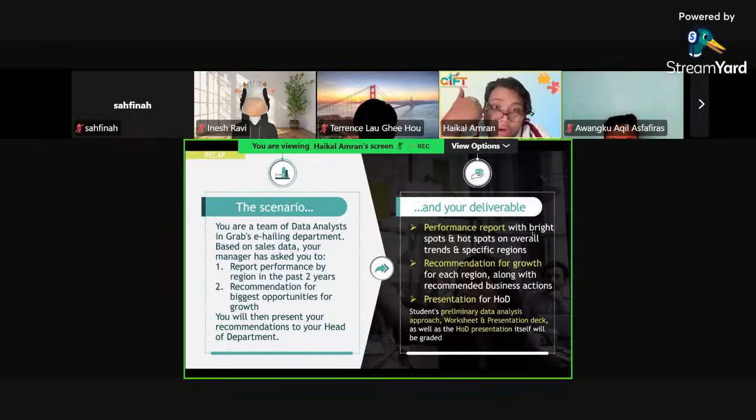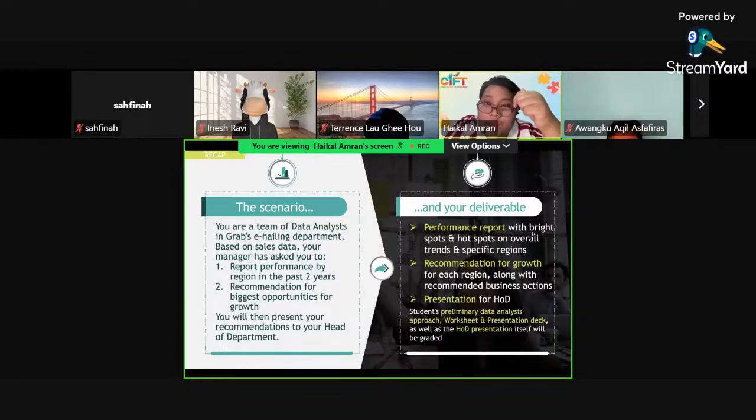Bright spots are spots where, for example, if you want to highlight growth, or the best performance, the best performing product, for example, that is the bright spot. Okay, the bright spot is the opportunities part. The hot spots are the problematic part that needs help, that needs further attention. So you need to identify that in your performance report. The performance report refers to the data based on the performance for the sales of each region or the overall performance, which I will show you later.